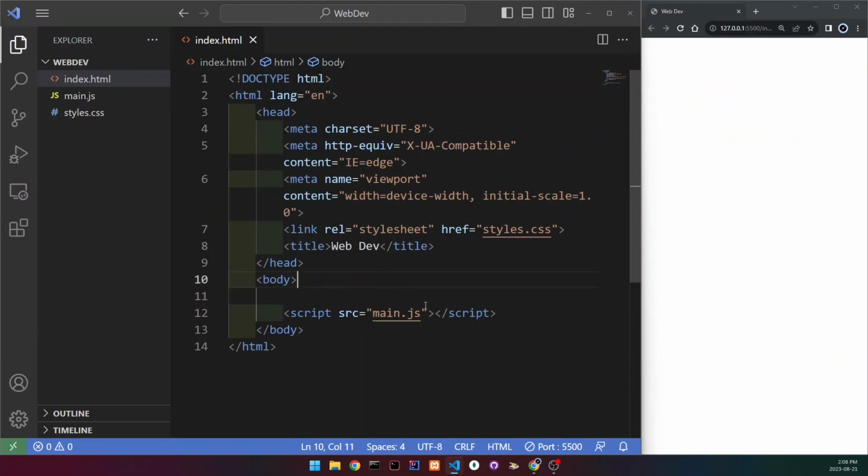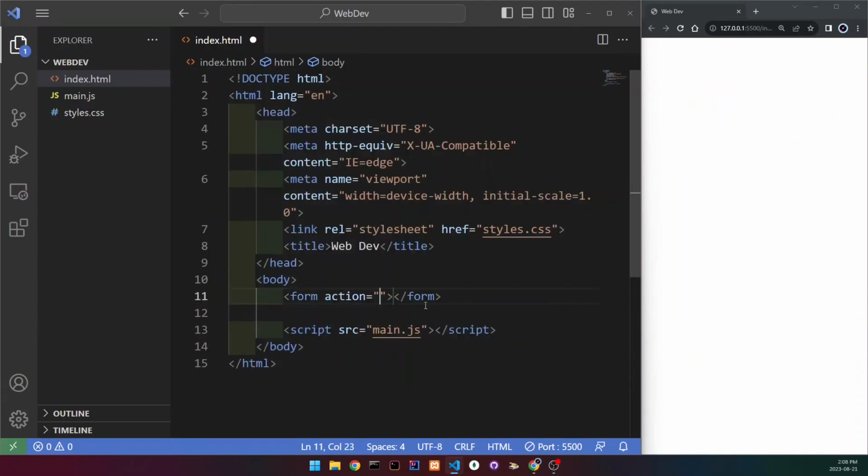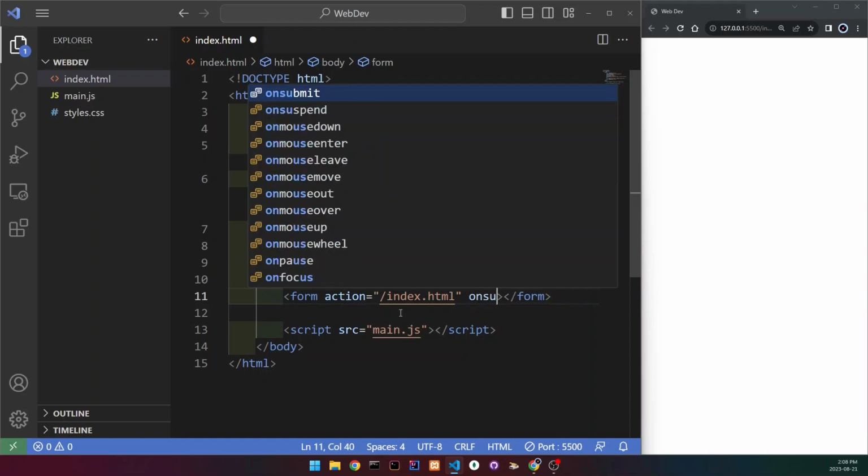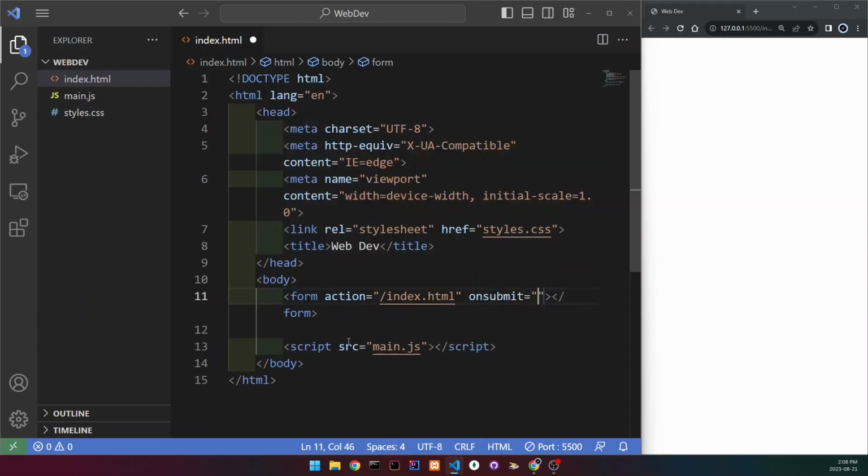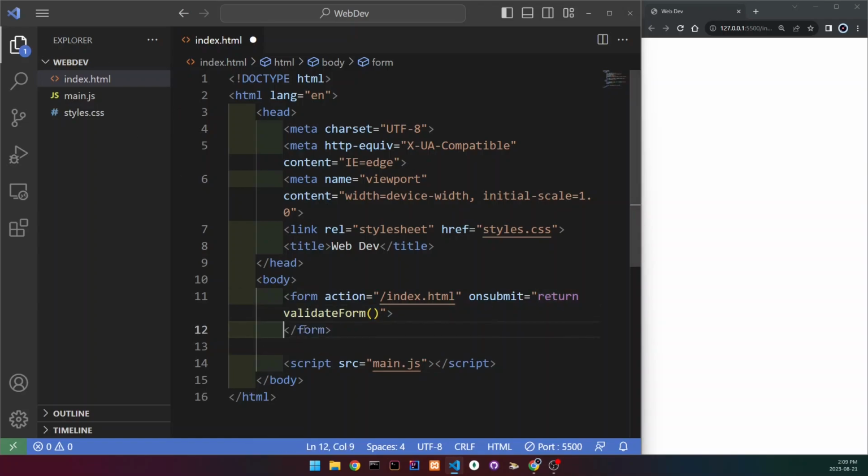Now to validate a form, we first have to create one. So let's create it. In the action, we're going to put the path of our HTML file. We're going to add another attribute, which is called onSubmit. And so basically when we click on the submit button, what we're going to do is we're going to return a function. So I'm just going to write validateForm, and we have to use the round brackets. Later on, we're going to create this function in our JavaScript file,